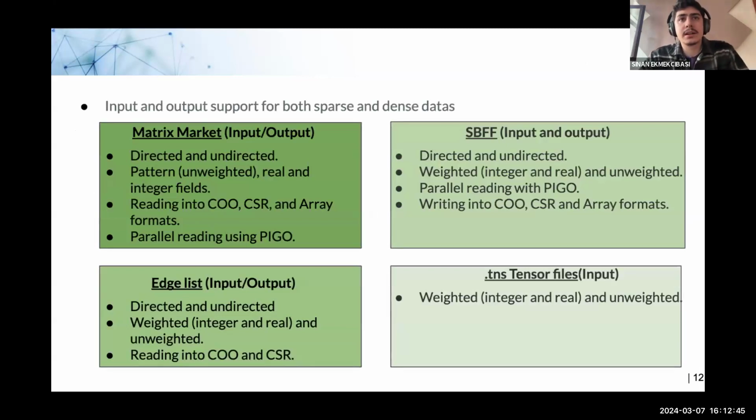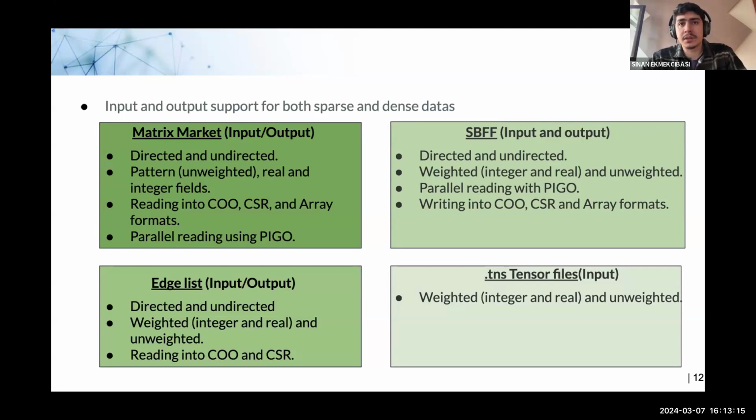We can divide input-output operations into four parts in terms of supported files. These are matrix market files, edge list files, SparseBase file format files, and tensor files. Here you can see the supported input types for each file type. For instance, parallel reading using Pico is supported in matrix market files,